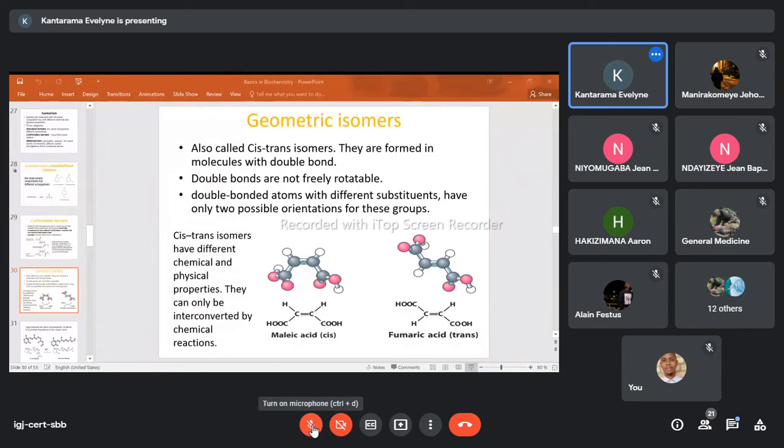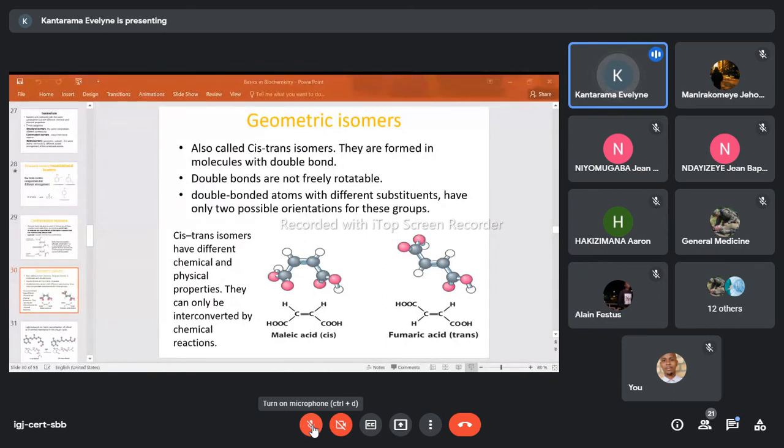This is a single bond, and this is a single bond. Those bonds can rotate so that this can come here, the other can remain here or come here. In the other way, they can rotate. So rotation about this double bond